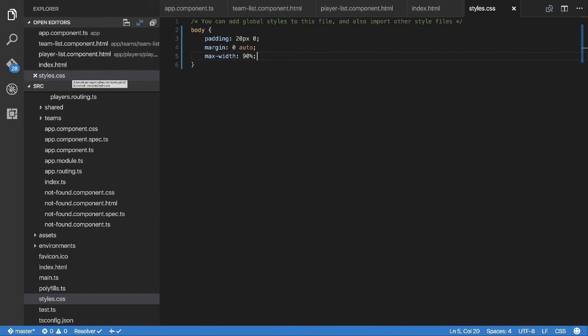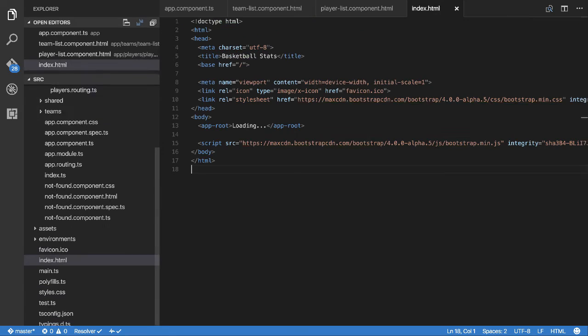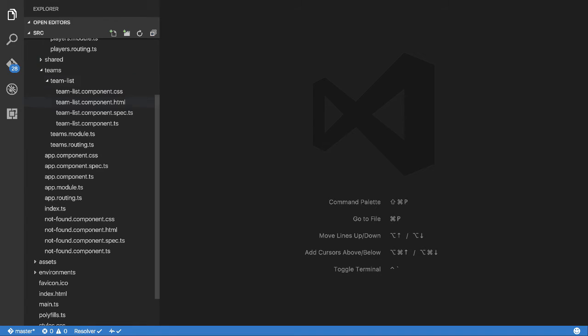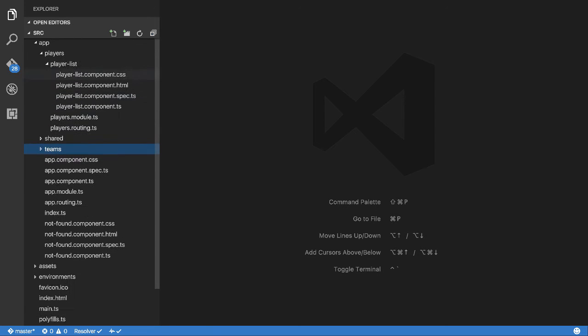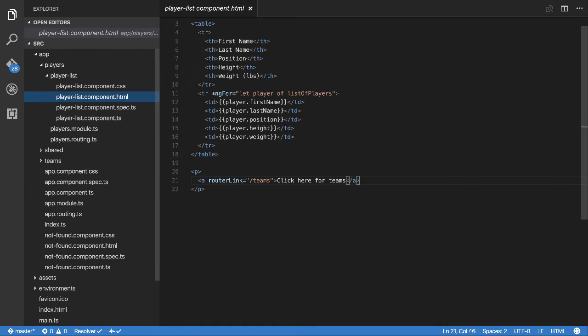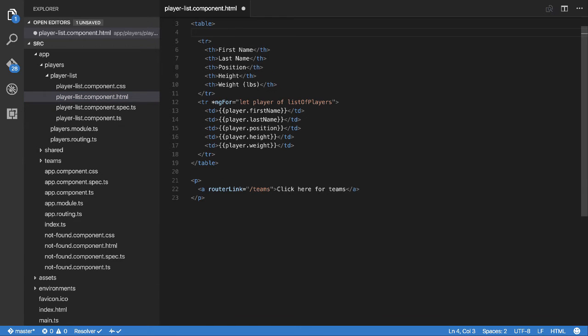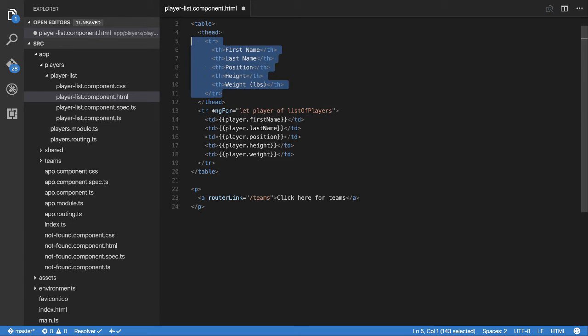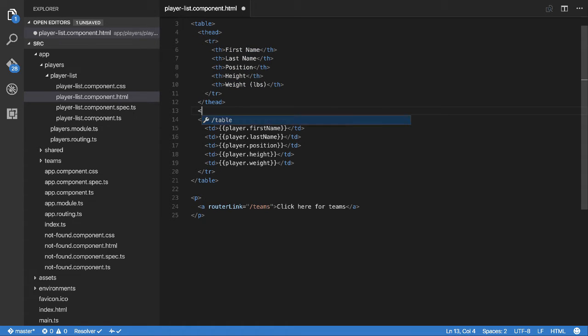the HTML for the table because it requires a T body and a T head inside of each of the tables. So we'll come up to the player list component, and inside this table I'm going to add a T head here, and I'm going to end it after the first TR. That's to define the heading of the table, because usually you have the column headings as part of your T head. And then underneath here I'm going to put T body, and this will be the rest of the data